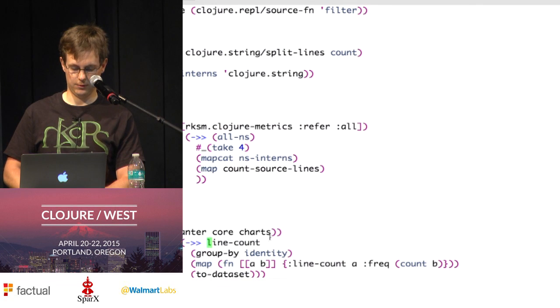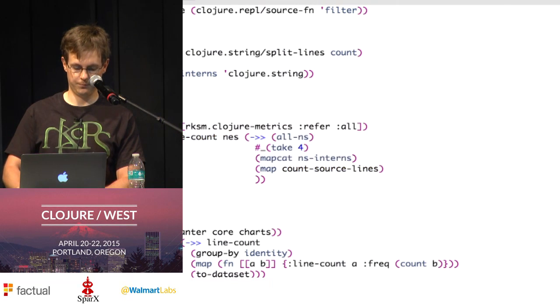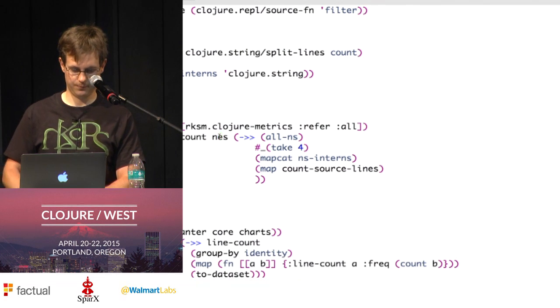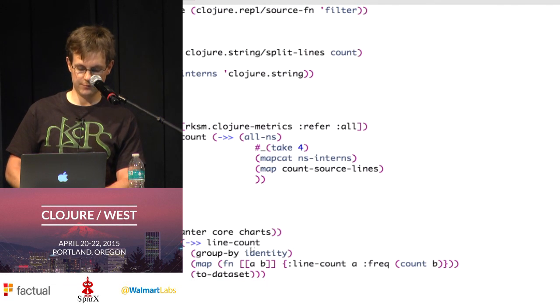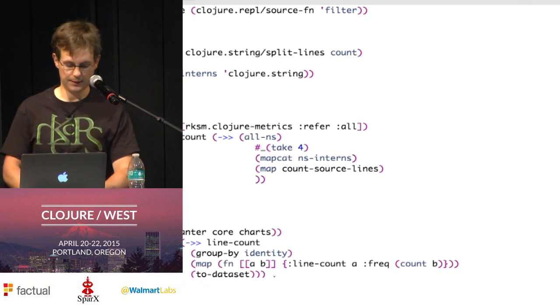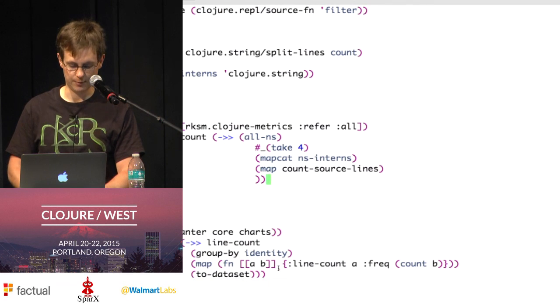So here we replace that var with line count and evaluate it. Oops. Evaluate it, and this gives us a sequence of the line numbers, the average line numbers for each